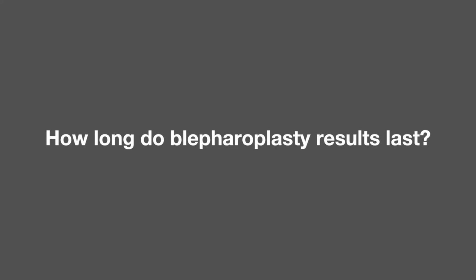How long does this last? Well, it depends what the aging eyelid situation is. If the aging eyelid situation is skin redundancy and we're going through the skin and taking out some redundant skin, as the individual ages, they can get some more aging of the eyelid and they may get a little more redundant skin. If it's bulgy fat, realize we don't take out all the fat, we leave some fat because it's